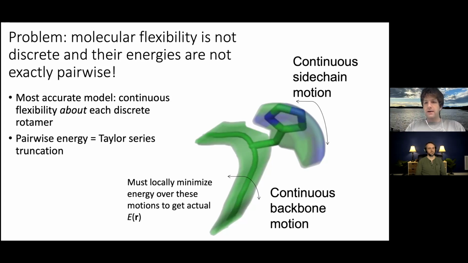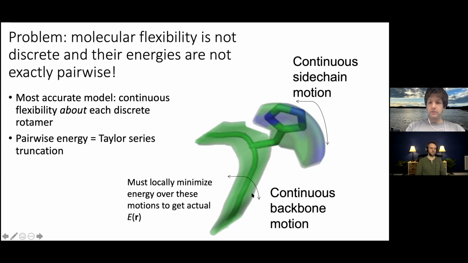There's water everywhere. All that stuff also ideally should be modeled. You can think of the pairwise energy as just kind of the second order truncation of it. And to be honest, the models that are explicitly pairwise are probably not even that close to being the exact second order truncation either, because of all these other phenomena that are a little complicated to model. And in fact, what I'll talk about a little bit is getting something closer to the true second order truncation, which turns out to work a lot better.